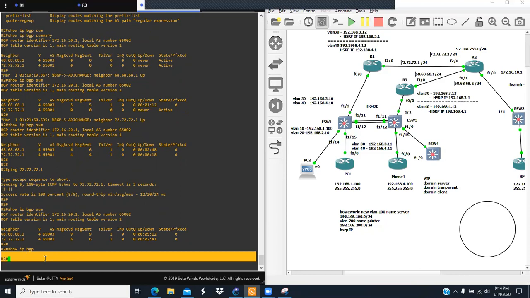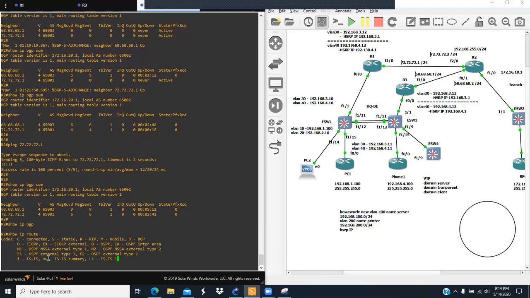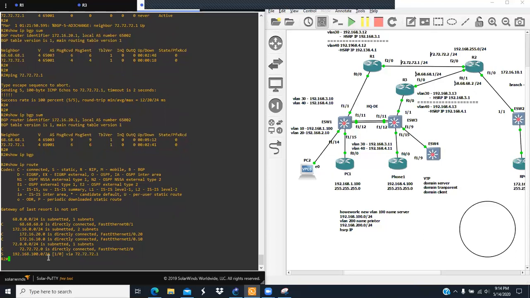Now when you show IP route, the global routing, we still have only the static route. You see, we don't have a B for the BGP label. Okay, so now I'll show you